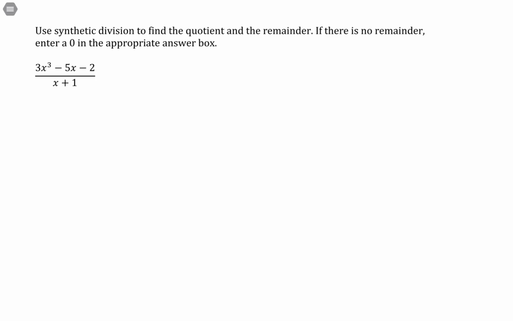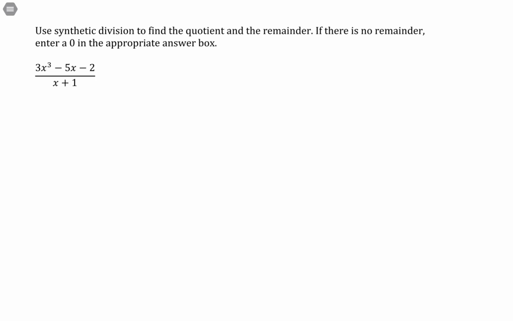Use synthetic division to find the quotient and the remainder. If there is no remainder, enter a 0 in the appropriate answer box. So to divide using synthetic division, what you need is a denominator that is a linear function whose leading term